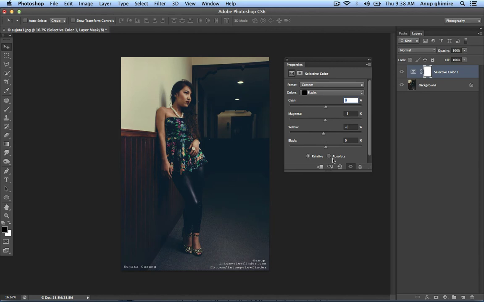So for example, now you want to add orange color to your background. What you have to do is think that orange color is basically a color formed when you combine red color and yellow color. So to add red color to your background, you have to move the cyan slider to the left side, and then mix red and yellow, so yellow to my right side. So you will see we have added some orange tone to our image.